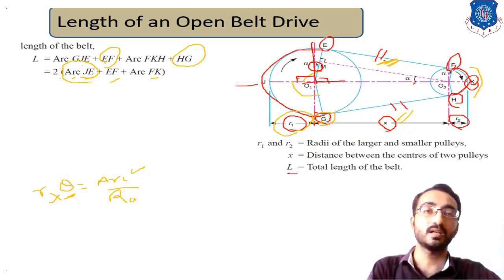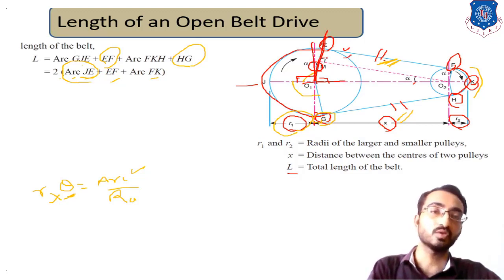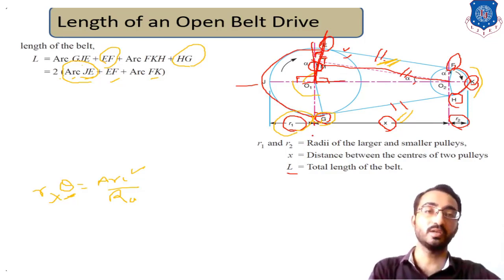Similarly, take the line connecting your belt and your driving pulley. If you sketch a perpendicular from that point, it meets the same point on the line joining O1 and O2. This line O1O2 makes the same angle with this vertical line. In this way, alpha can be considered here. So you have to calculate the angle alpha first.